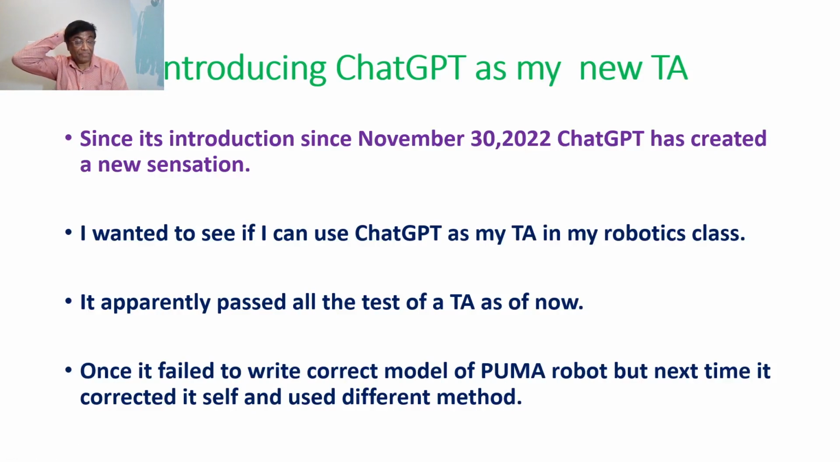Logic wise, it was absolutely correct. And then I asked to write code for industrial robot Puma, programmable universal machine for assembly. Well, it was trying to do it using Denavit-Hartenberg principle, and after some time, it stopped. But next time, again, when I asked to write Python codes for solving inverse kinematics problem, which is not very